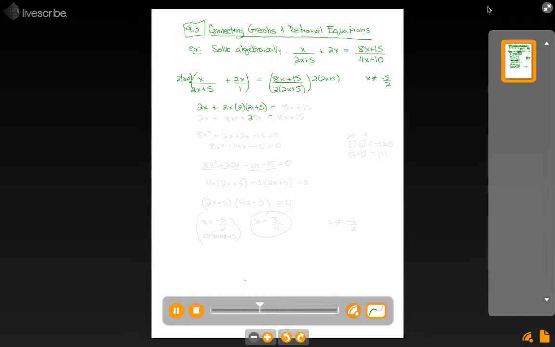On the right side, thankfully, all the denominator cancels out. The 2 cancels out, the 2x plus 5 cancels out. So I have this equation here. Now something we can solve, hopefully using our just regular algebra skills. So 2x plus, this is going to be